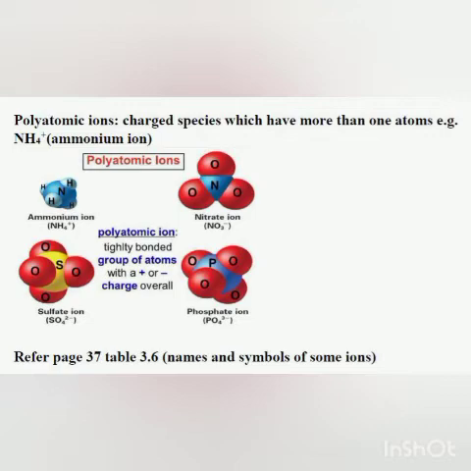And you have studied monoatomic, diatomic, triatomic, tetratomic and polyatomic. So if the ion has more than one atom, we call it polyatomic, and since it has a charge, we call it an ion. So this is a polyatomic ion: polyatomic because it has more than one atom, and ion because it has a positive charge over it. Again you can see the picture here. In the ammonium ion, in the center there is N and on the sides there are H, and it has a charge, which is called a polyatomic ion.